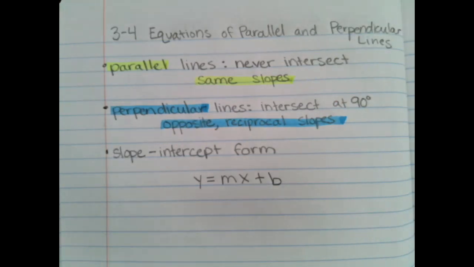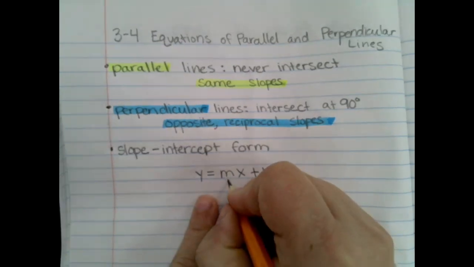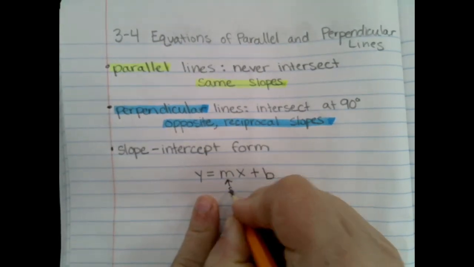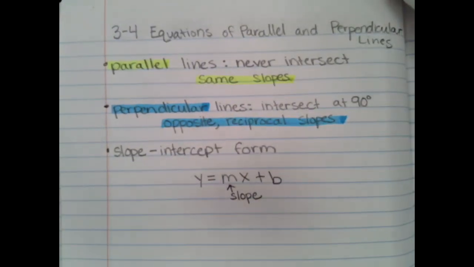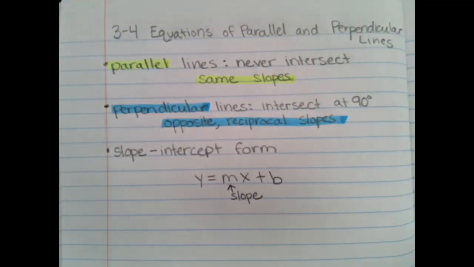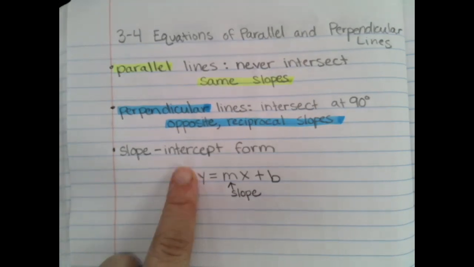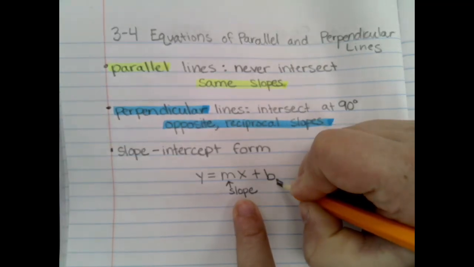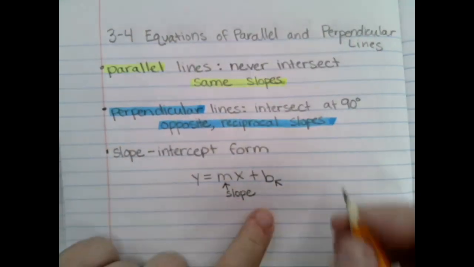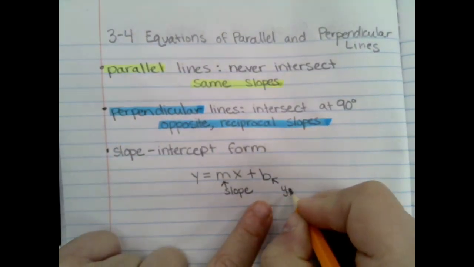All right, what does m stand for? Yep, m is the slope. M generally from here on out in your math careers, M will represent slope. And then it's this really fancy name. It's called slope-intercept form because we have a slope and what is B? Good. I like how you said that, Joey. Y-intercept. It's an intercept where it crosses the